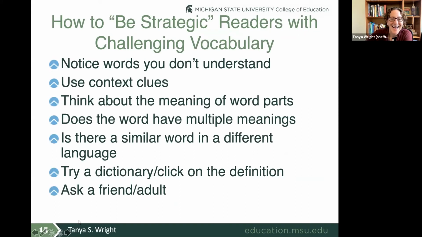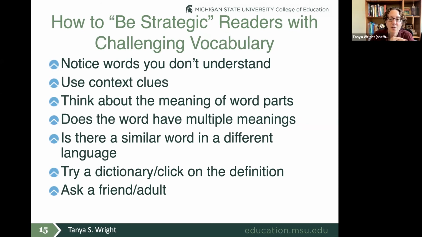Okay. I like to think about, and you all have heard me say this at different times before, as morphology. And I think most people who work on vocabulary think of morphology as one of many strategies that readers can use when they get to challenging vocabulary. So here it is. So we can teach kids what to do specifically about morphology. So those are those two different sets of strategies on the previous slides.